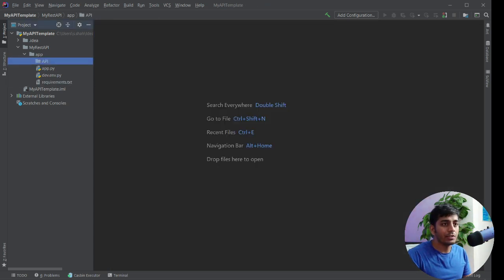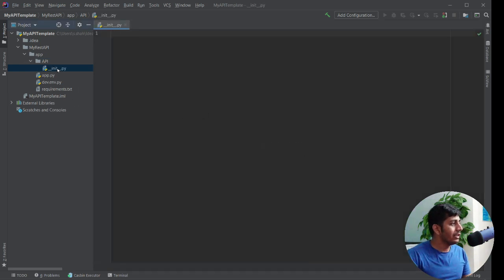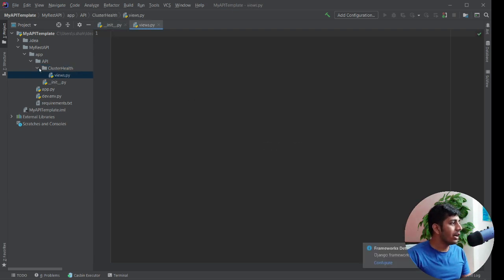Now we need to create some things inside api. The first thing that we need to create, as any Python package would have, is an __init__.py inside the api folder. And now here you would start creating modules and packages. The first API endpoint I would like to create would be a health API. Inside this, we will create a file called views.py. Remember, any route you want to add should follow a new folder, and inside that there should be a views.py. This is essentially what we want to follow.